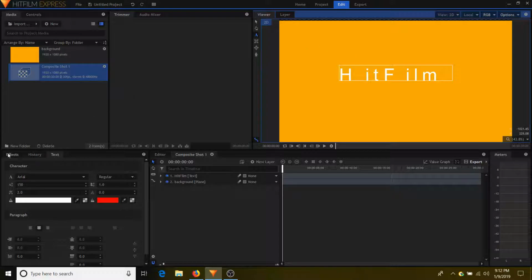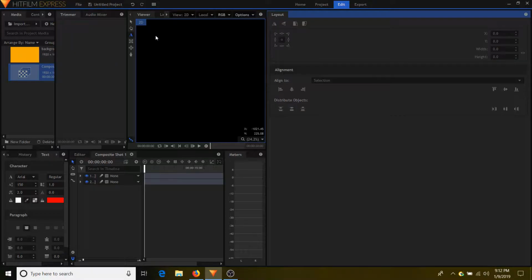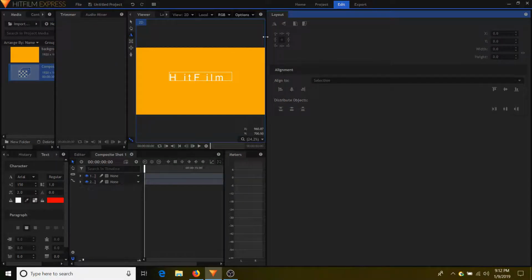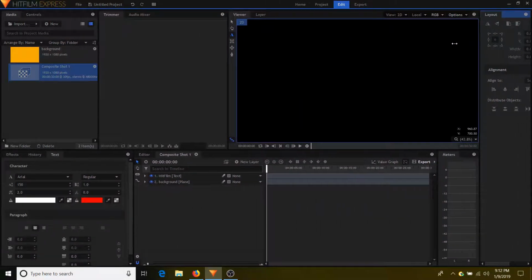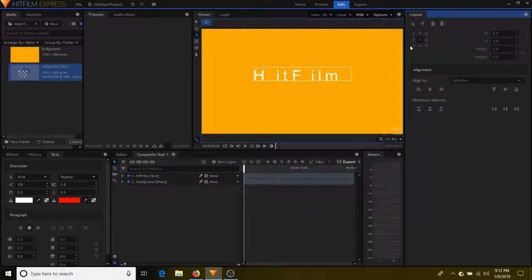The layout tab is usually next to the effect, history, and text. If you don't see it in any of the panels, go to your workstation, click on layout. Under this layout tab, you have alignment. So if you have a text box or any other object, you can align